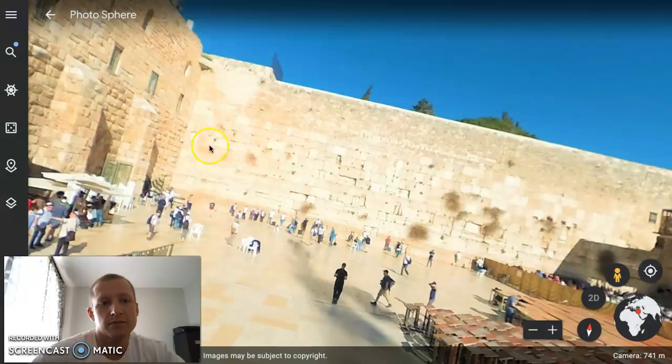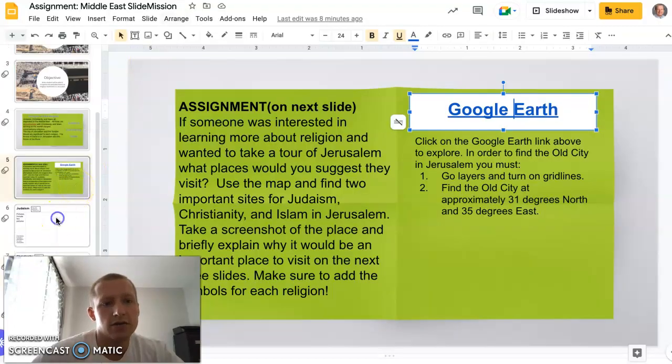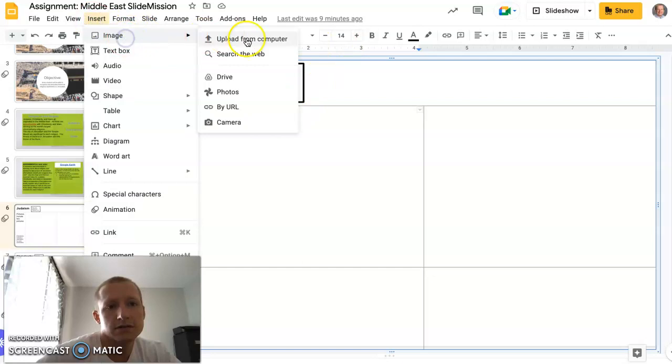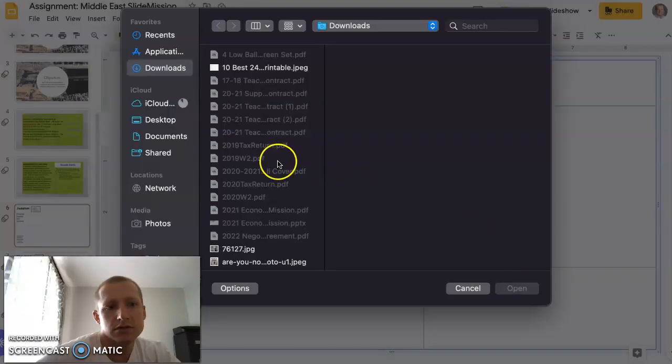Okay, so I've taken my screenshot, and I know that the Western Wall is a place for prayer for the religion of Judaism, and so I'm going to insert from my computer